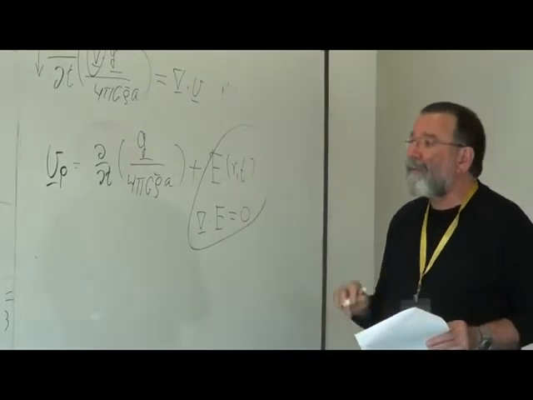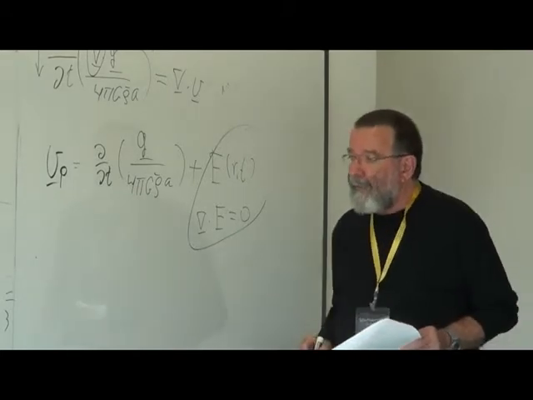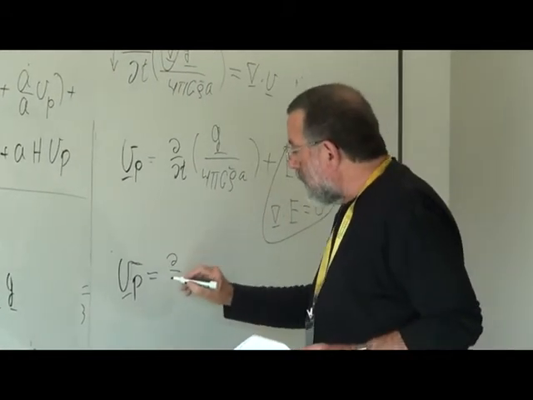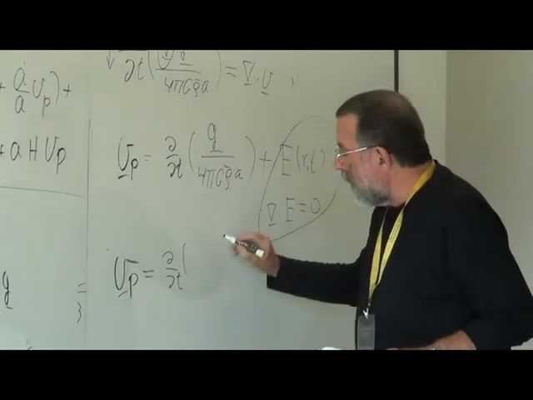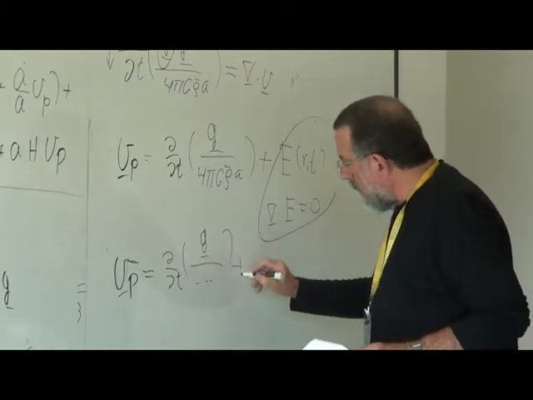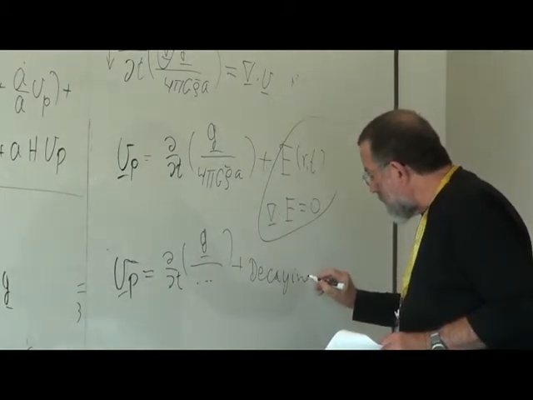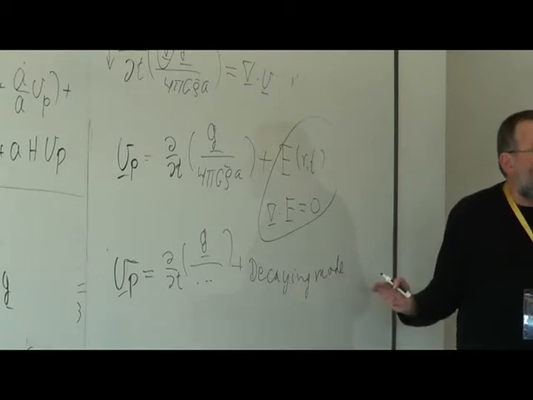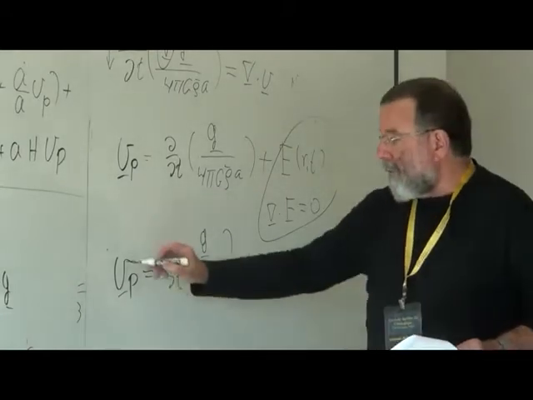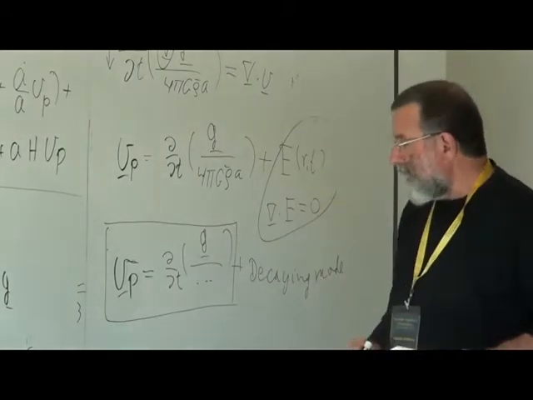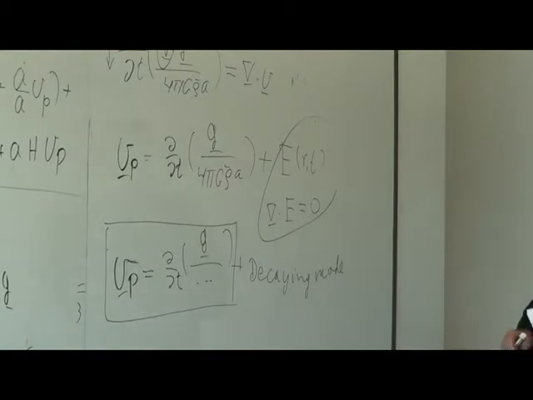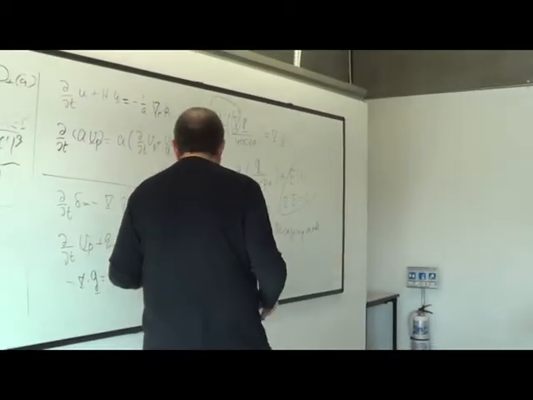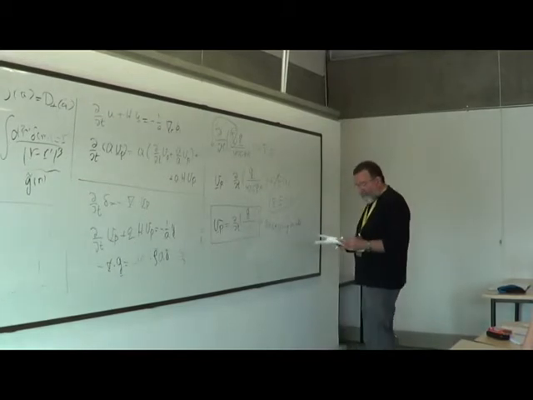Okay, so if we are considering perturbation only in the growing mode, then we can assume that after some time, what we have is that the v of p actually equals this thing, the v of t term here with the g, plus a decaying mode. So if we just wait long enough, we get rid of this mode and we don't have to consider it anymore. So from now on, I just want to concentrate on this thing that I have here. And I already wrote here that I can write g in this way, okay? So if I write g in this way, what I have is that v of p